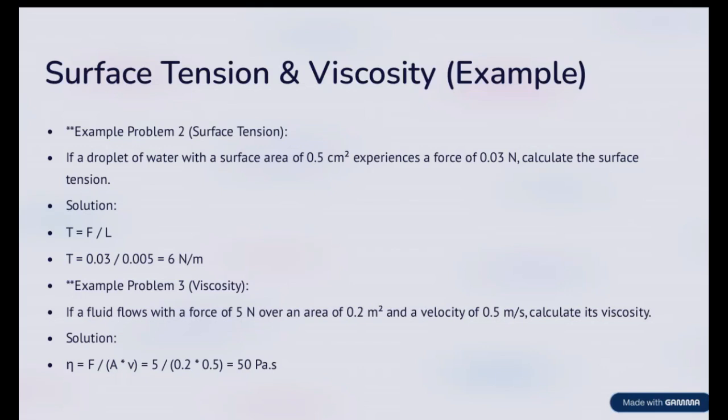So normally it's force over length, but in some cases you might see it as force over area, depending. But the length that they're talking about is the length that the material being placed upon the liquid is occupying. So when you are given area, you can use the area straight up. But when you are given length, you can also use the length straight up. When you're talking about a material that is placed on top, that's length; when you're talking about the area, you're talking about a liquid in the form of droplets. So when you're talking about maybe placing a needle on top of a liquid, you talk about the length of that needle,